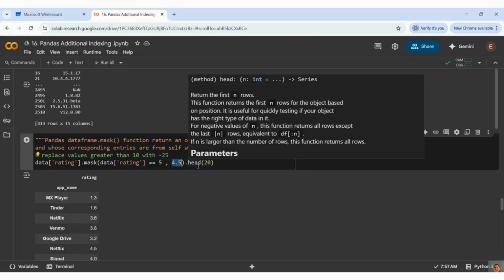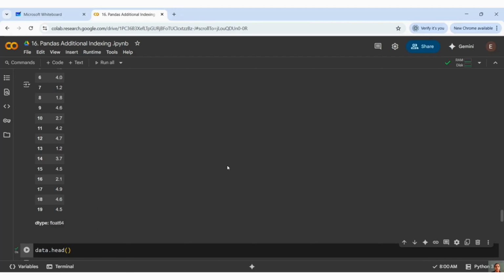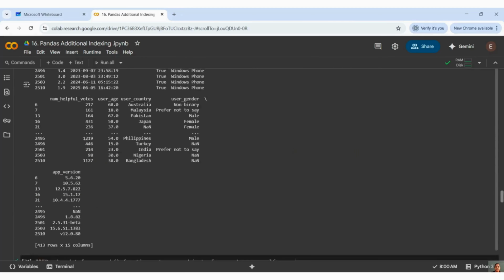This is very beneficial if you want to modify some of the values of the column to some other value. This is the easiest method to do that, by using mask. So here I'm saying my rating should be masked wherever my rating is 5, that should be replaced, or masked, to 4.5. That means I am masking the 5 values with 4.5, and I am replacing them with 4.5. And if I'm getting the head of it, see, before, if you see the original data set,